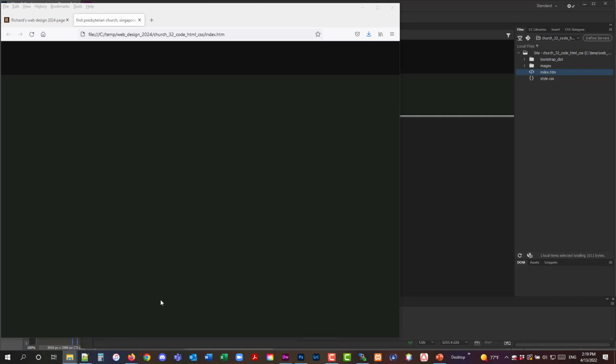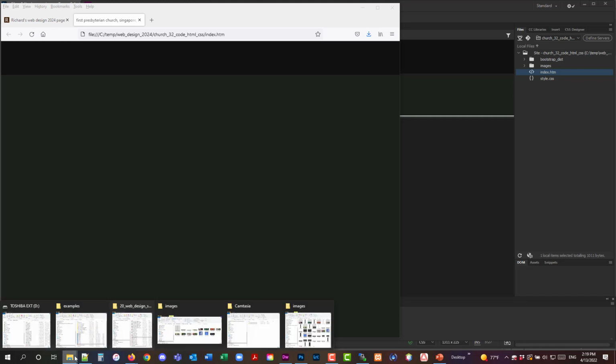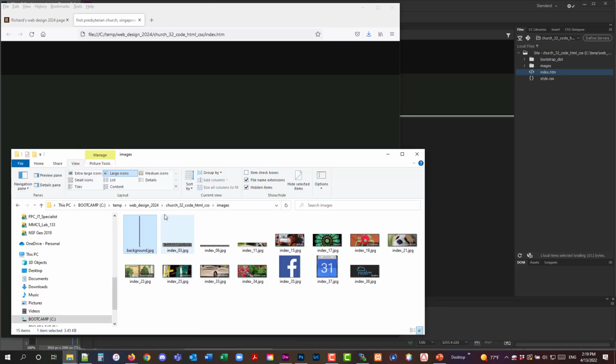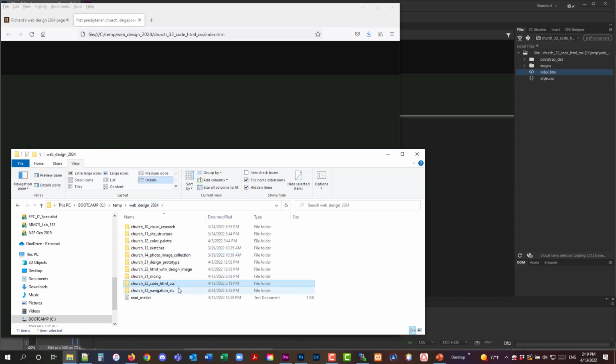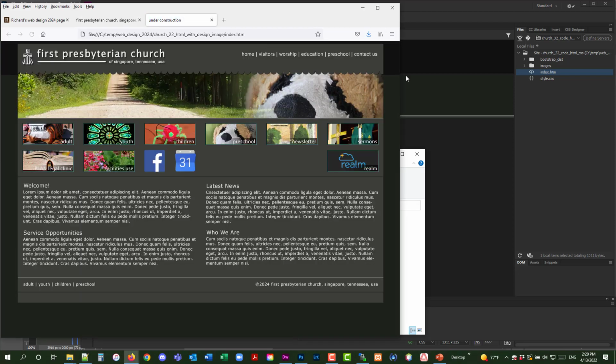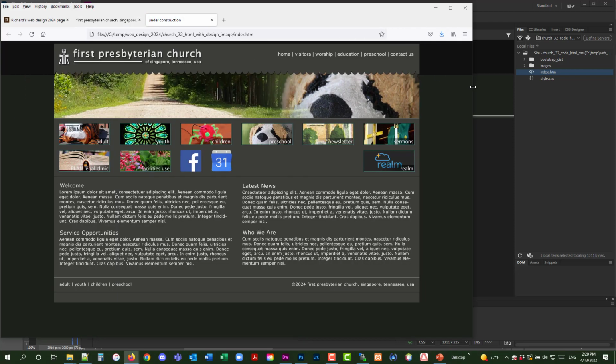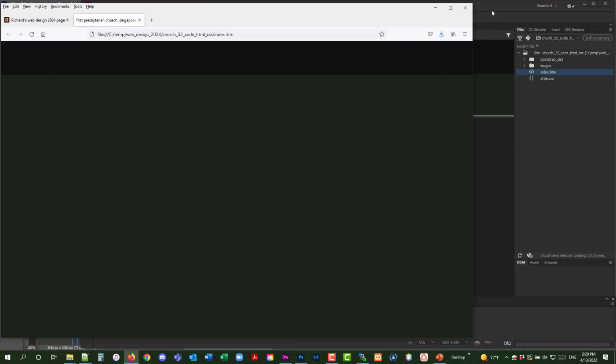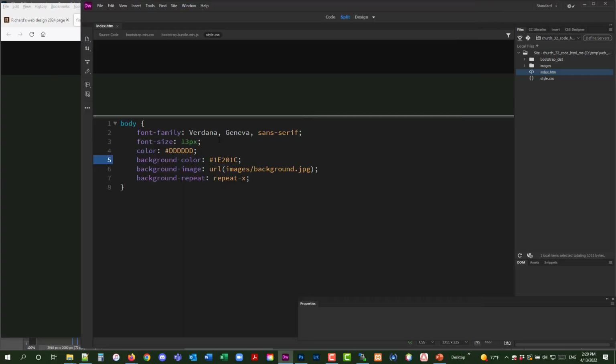Remember in Church 22, we actually did a simple file to show the client with a standard background and all that. Okay, that's what we did. So we did the same thing here. Okay, ready to go. So the next step we are going to do is we are going to actually go